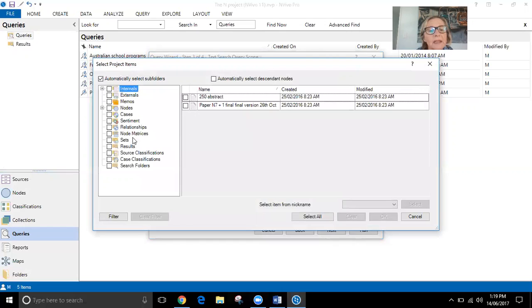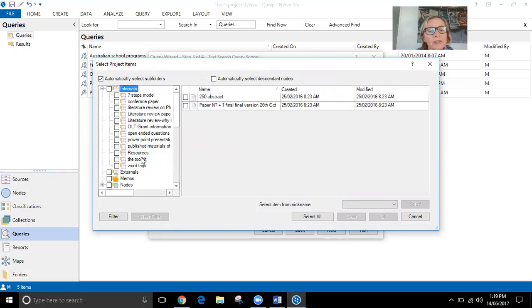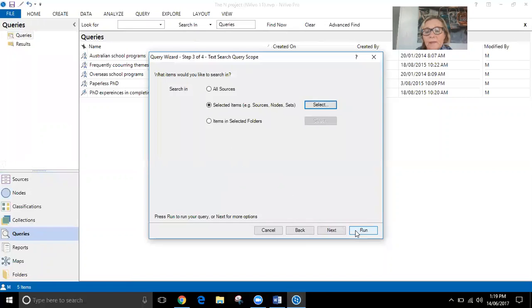Now I'm going to select over to my internals where I have my open-ended folder just with the Qualtrics comments in it, and I now know that the data is only going to be run on the Qualtrics data. I go run,